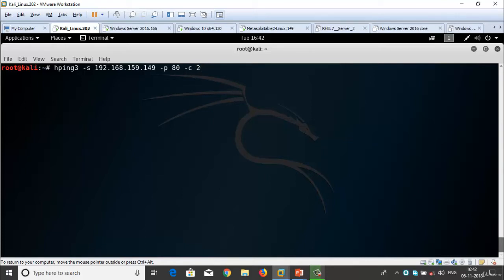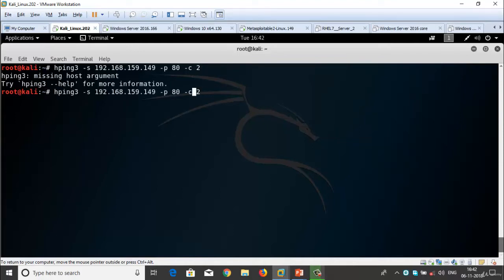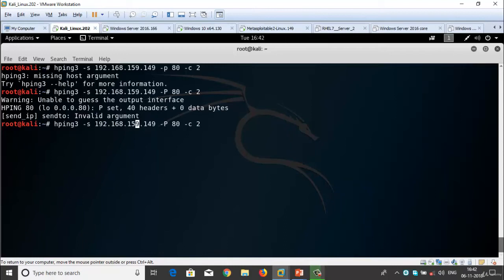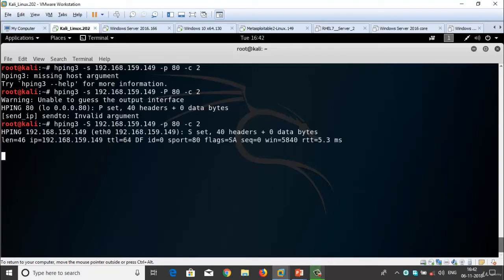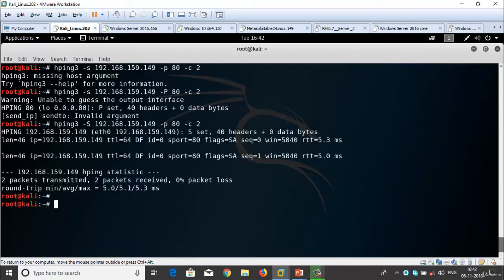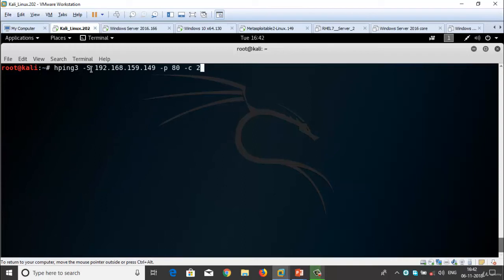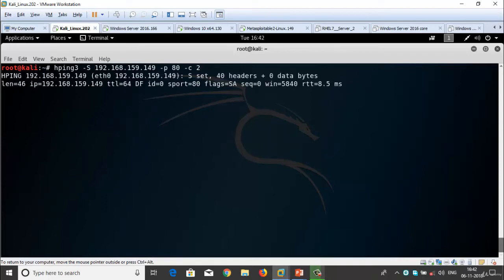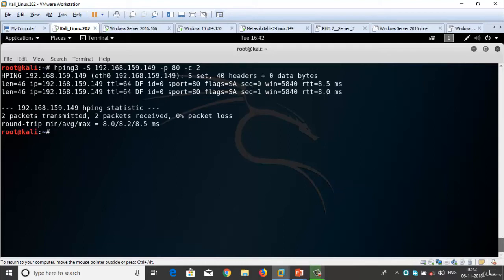Now let me use capital P and capital S. So give enter. If you are getting flag SA, it means we are receiving SYN acknowledgement, but if we are getting RA,